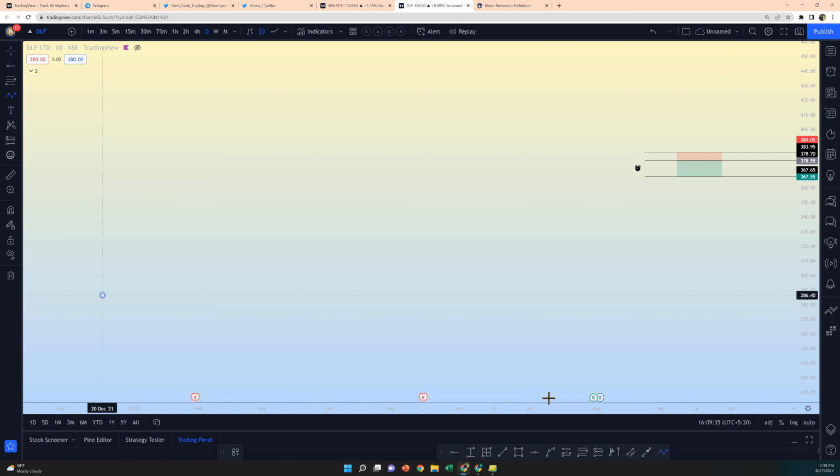So it goes like this, then it comes down for a bit, then it again creates a new high, then it goes down, then it again creates a new high, and so on and so forth. It consolidates for a bit probably sometimes, and then again it creates a new high. Now we all know that when the stock is moving creating these kind of a situation, we can buy during